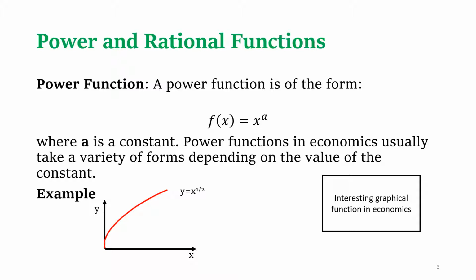remember, x to the -1 is the same as what? It is the same as 1 over x, right? Okay, so x to the minus 1 is the same as 1 over x. So if you have a function of the form y equals x to the minus 1, which is the same as 1 over x, then the graph